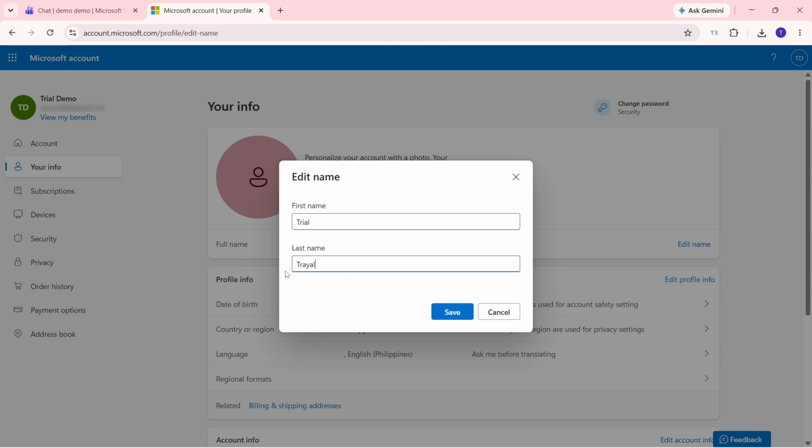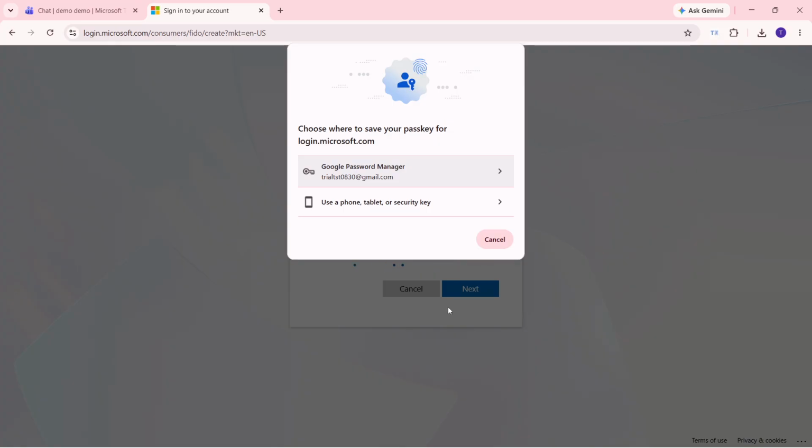Click the Save button at the bottom of the dialog to confirm your changes. The system processes the update, and your new name is now saved to your Microsoft account, which Teams will pull from automatically. It can take up to 24 hours for the name change to fully propagate across all Microsoft services, so if you still see your old name in Teams right after saving, wait a bit and then restart the